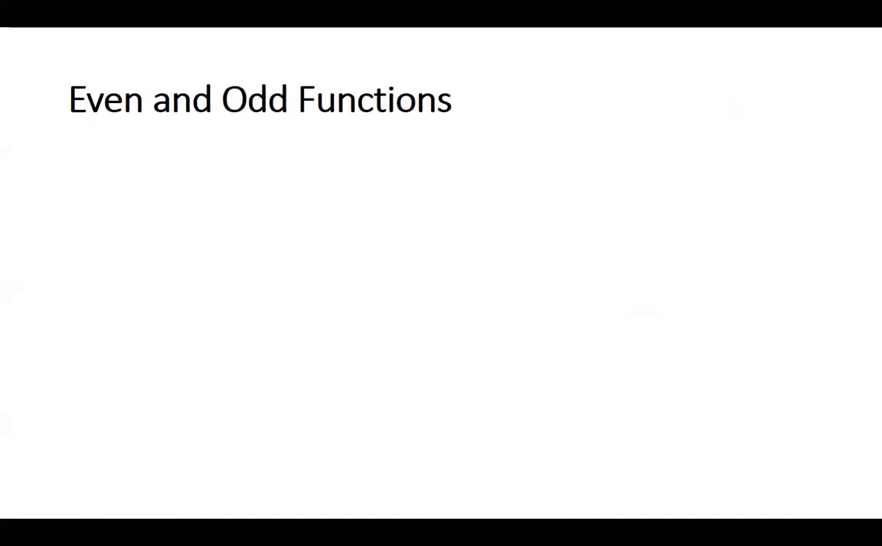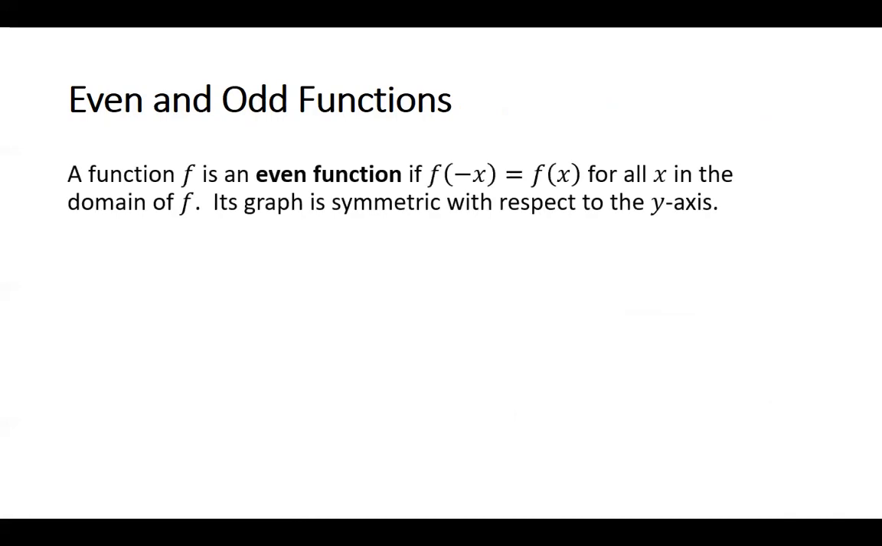And that leads us into odd and even functions. A function f is an even function if f of negative x is equal to f of x for all x in the domain of f. Its graph is symmetric with respect to the y-axis. So just as I was saying, we're talking about functions now. If I can substitute negative x into the function and I get the same function back, then the function is